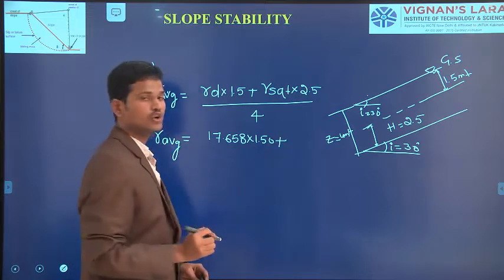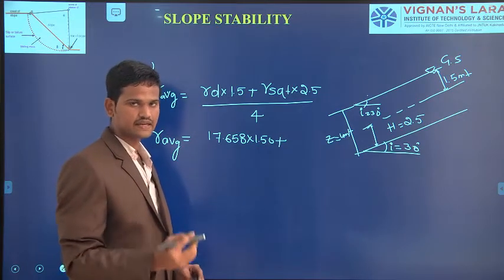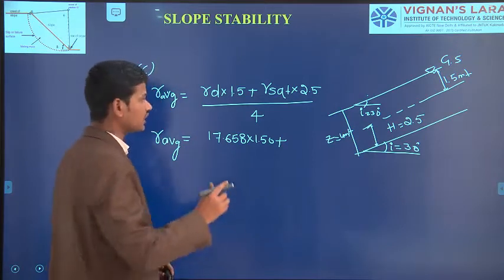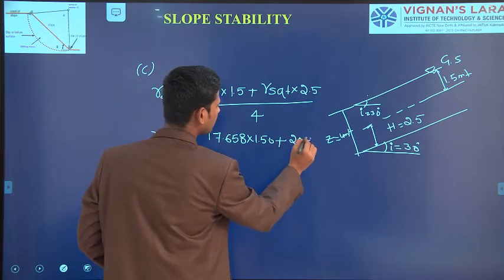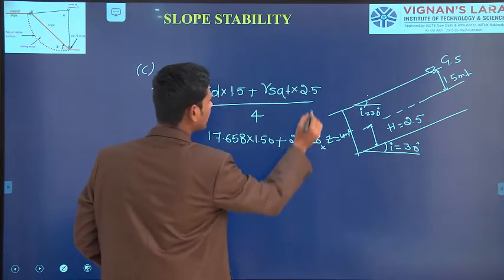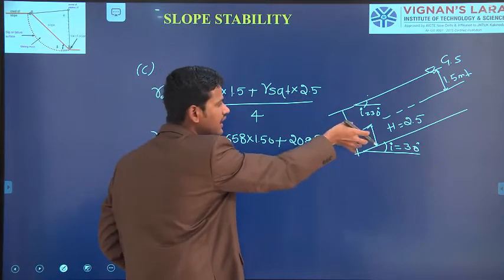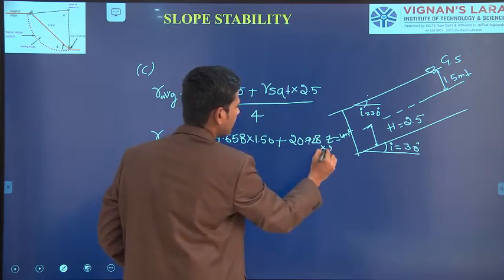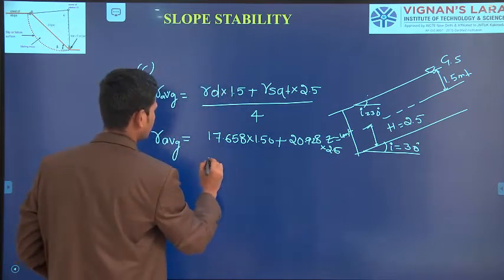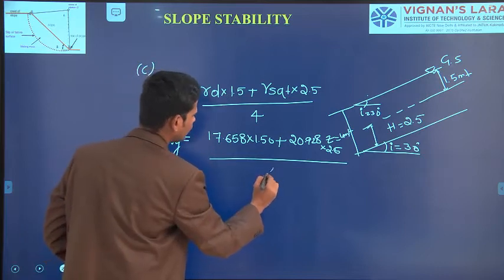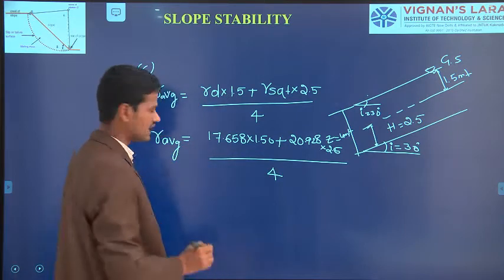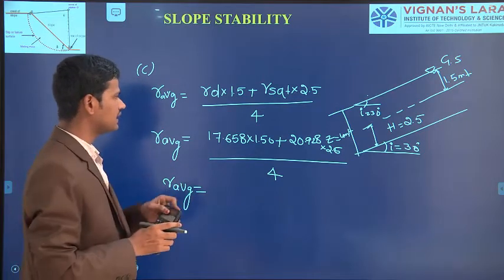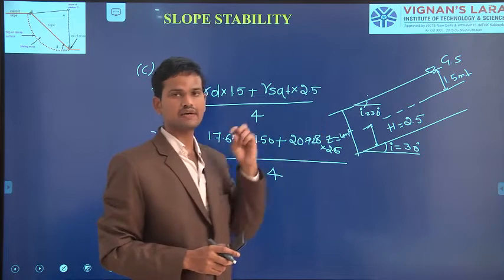Plus where saturated unit weight of the soil mass also we are calculated. The saturated unit weight will be (G plus SE) by (1 plus E) into gamma W. That value will be 20.928. And where H is the height of the saturated portion, the height from this depth the soil is saturated, that means 2.5, divided by the total depth of this soil mass, 4 meters. By substituting all these parameters, you will get the average unit weight of the soil for this particular